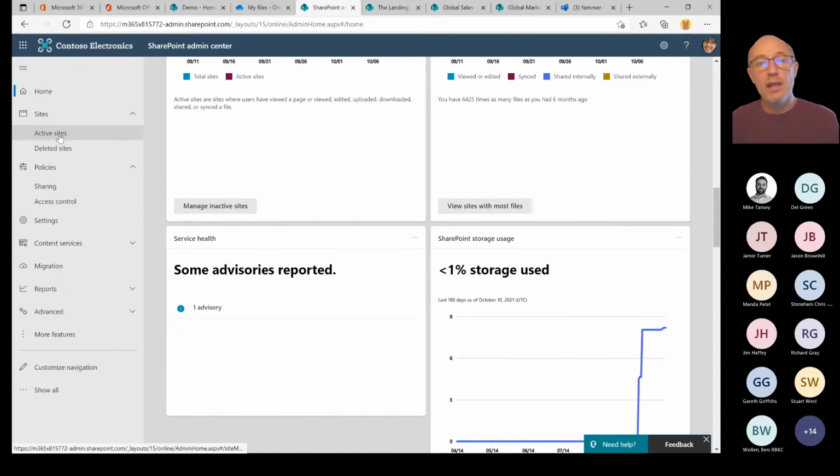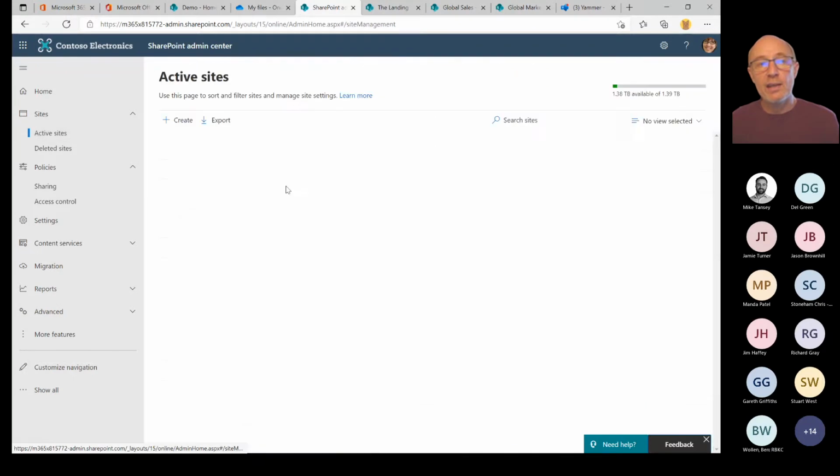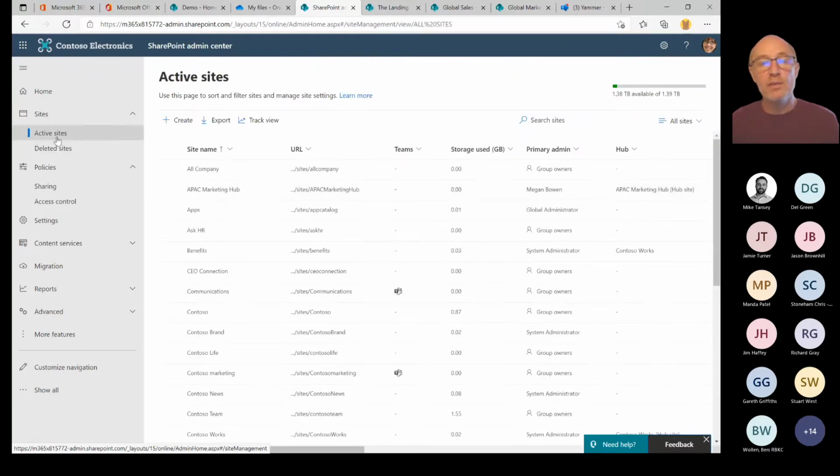So if I now move across into active sites, this gives me a list of all the sites in my environment. Now, I say all sites in your environment. There's one unique exception here. When you create a private channel in Microsoft Teams, a SharePoint site is created in the background to support that private channel. As of today, those sites are not listed within this view, but there is a feature coming in